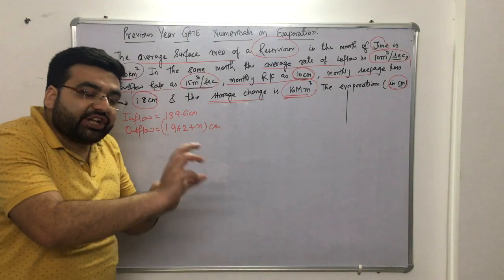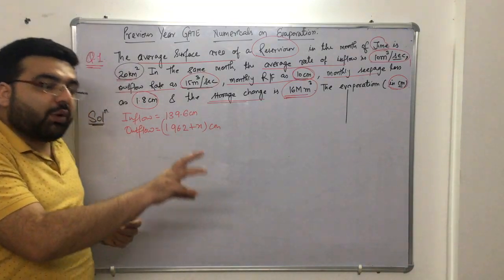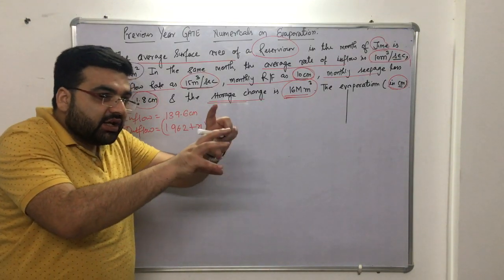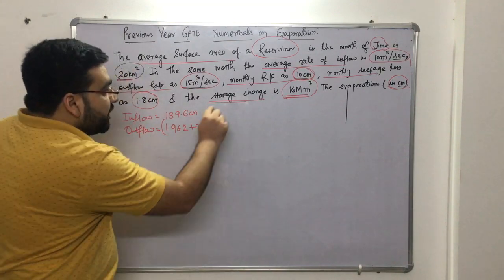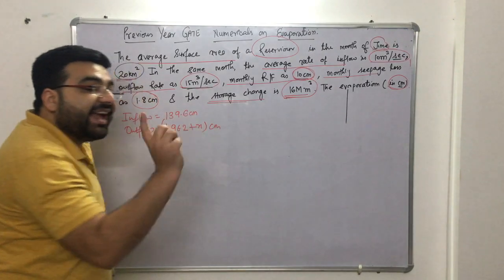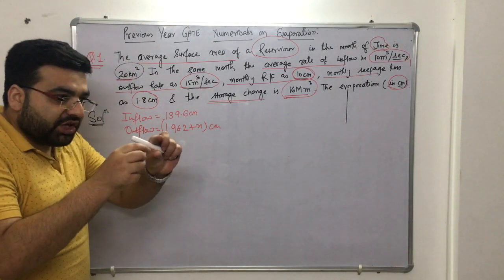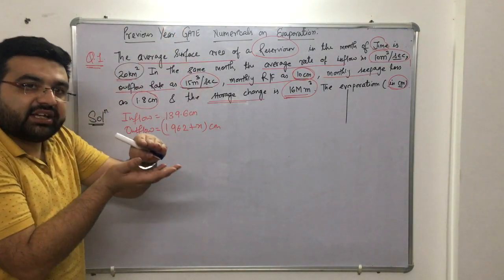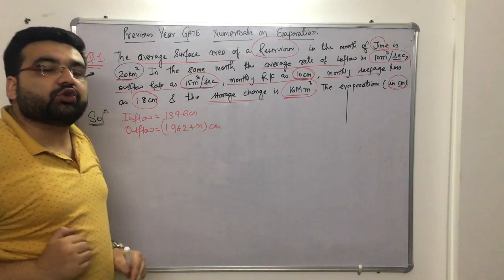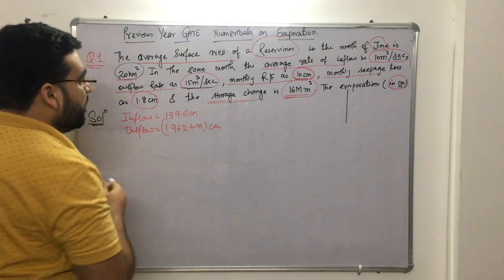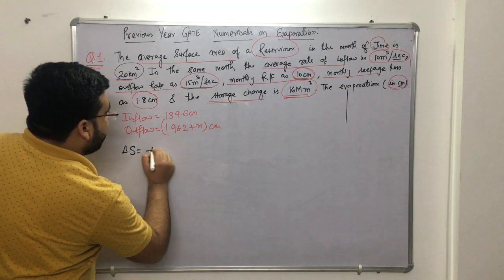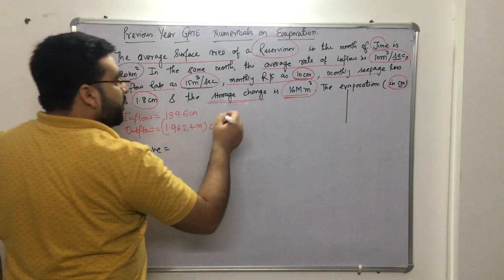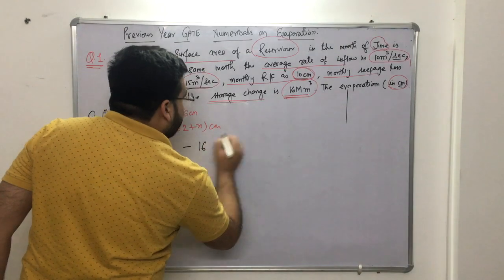So from where is that additional water coming? That additional water is coming only from the storage, the depression, right? So this storage change will be negative, not positive. The storage is not increasing, it is decreasing. That is why it is contributing to the outflow. Simple, right? So the storage change, that is delta S, will be negative. How much will it be? So it will be minus 16 million.